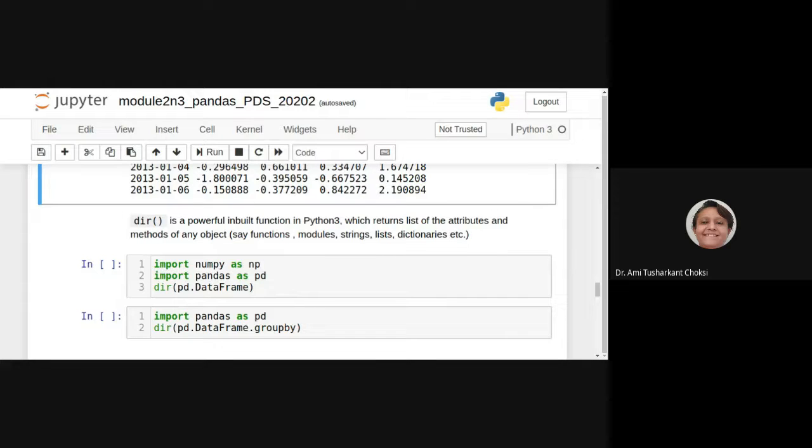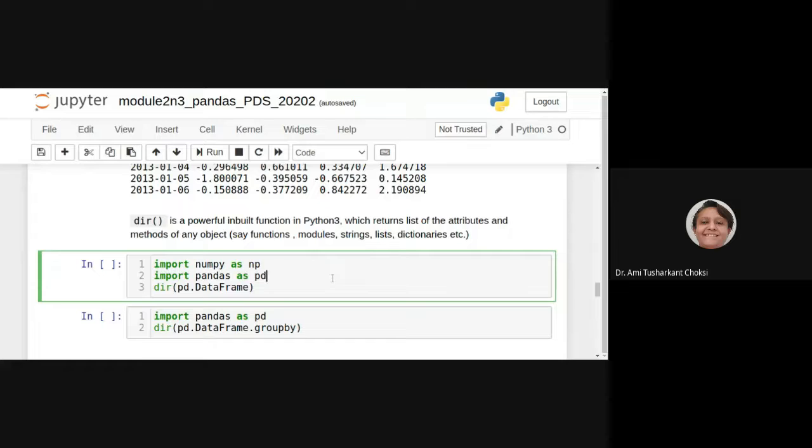Now, dir is a powerful inbuilt function which returns a list of attributes and methods of any object, for functions, modules, strings, lists, dictionaries, right? Let's see that.